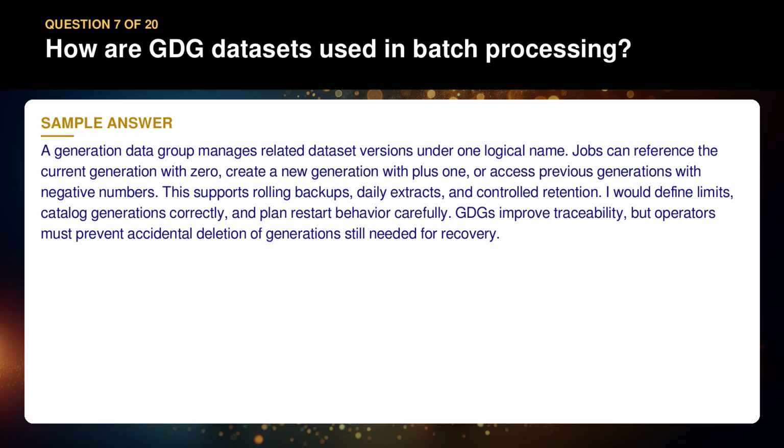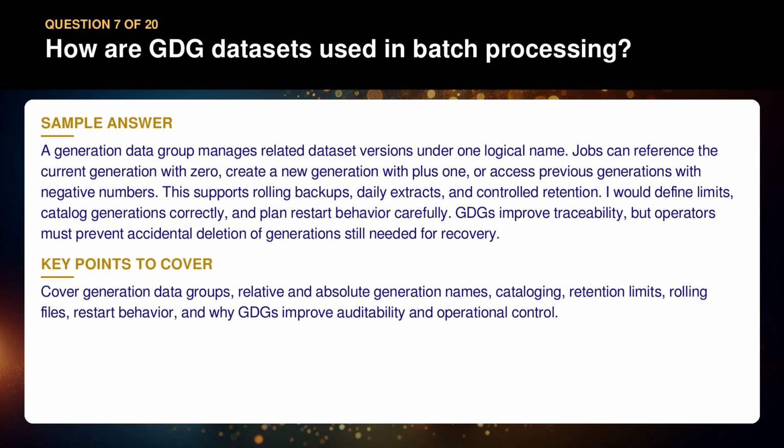This supports rolling backups, daily extracts, and controlled retention. I would define limits, catalog generations correctly, and plan restart behavior carefully. GDGs improve traceability, but operators must prevent accidental deletion of generations still needed for recovery. Cover generation data groups, relative and absolute generation names, cataloging, retention limits, rolling files, restart behavior, and why GDGs improve